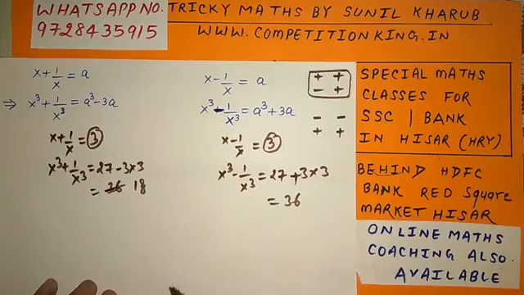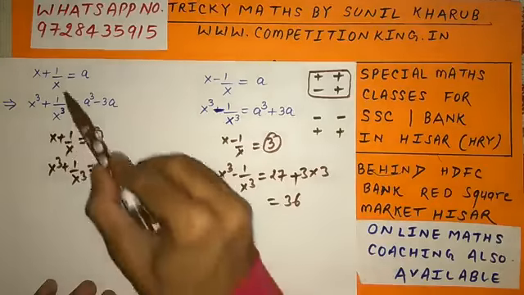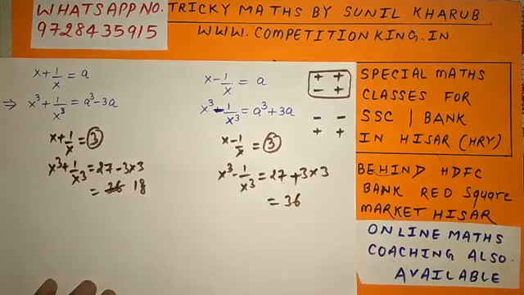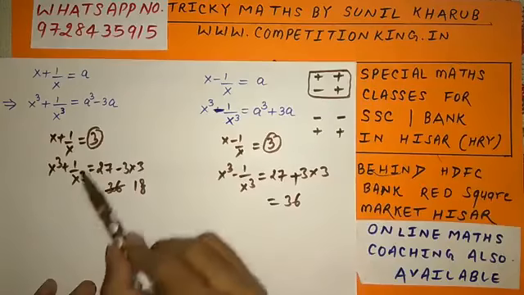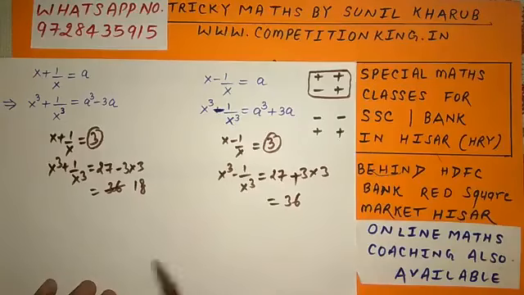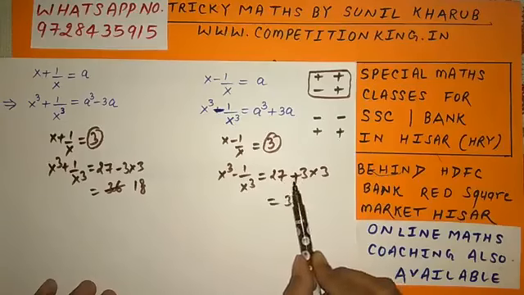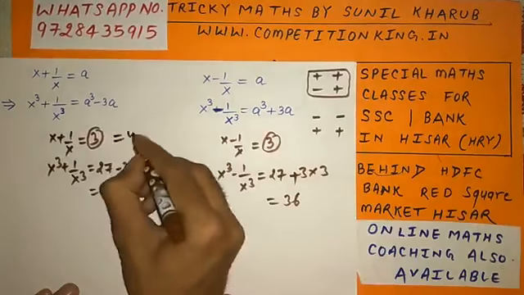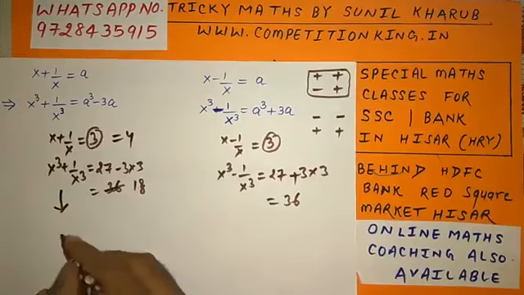So you need to keep in mind that in cube I can move from plus to plus and minus to minus. If I am moving plus to plus, cube तो हमें दोनों में करना पड़ेगा, चाहे प्लस हो चाहे माइनस हो. क्यूब करने के बाद अगर हम प्लस से प्लस में जा रहे हैं, जो भी नंबर यहाँ है उसको 3 से गुणा करके माइनस कर दो. अगर माइनस से माइनस में जा रहे हैं तो जो भी नंबर यहाँ पे है उसको 3 से गुणा करके प्लस कर दो.